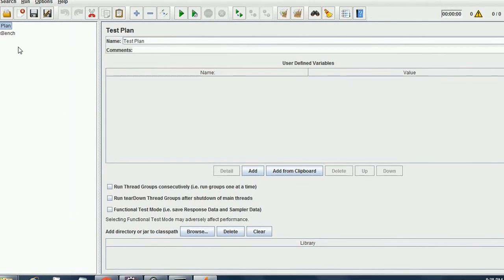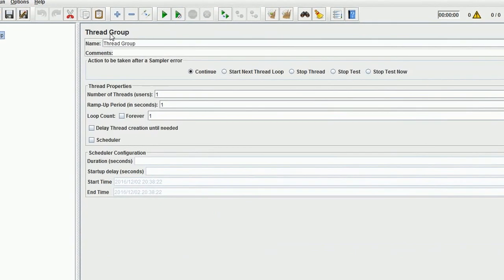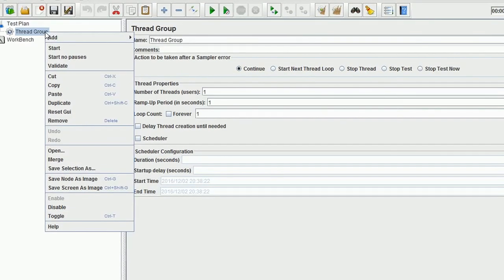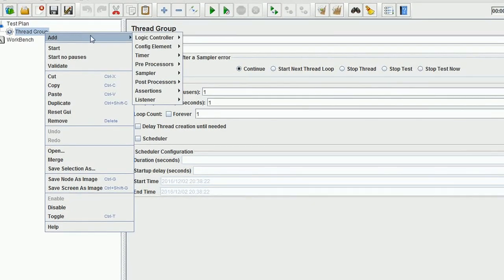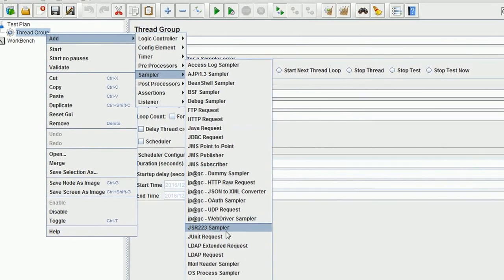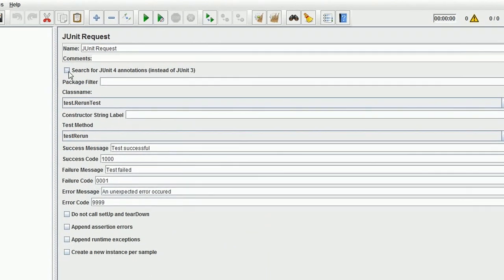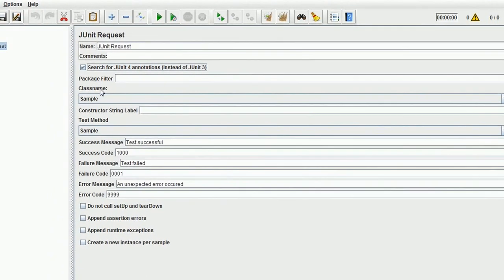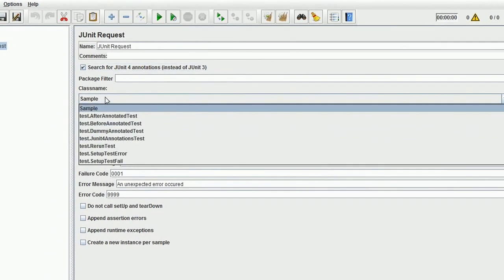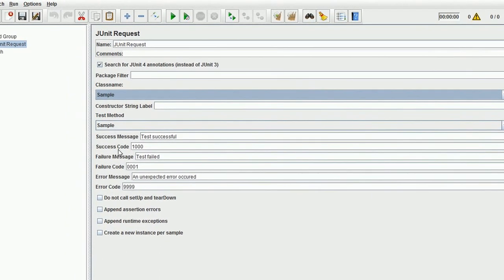Okay, here we go. So we have a test plan. I create a thread group, add a thread group, and under that thread group I add one JUnit sampler as last time. There you go. And then in the JUnit sampler, click this so that it will search for JUnit annotations and just click the sample because it's already selected.